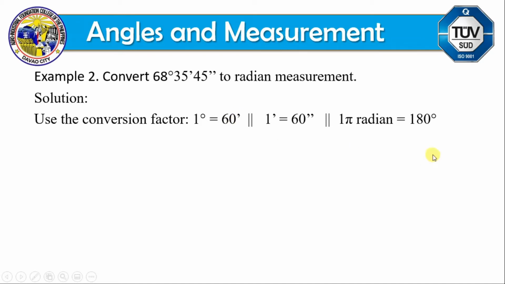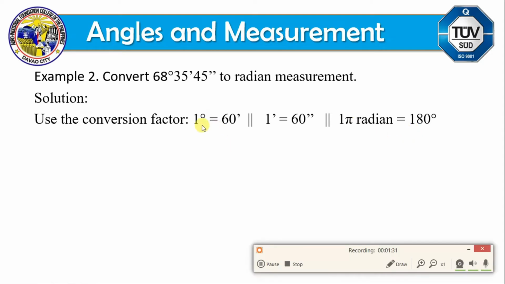And of course, the conversion factor for radian and degree that we mentioned earlier: 1 pi radian is equal to 180 degrees. Now, how will we use this? If we use a clock as reference, think of the degree as the hour. In 1 degree, 60 minutes. In 1 minute, 60 seconds. Okay? Now,